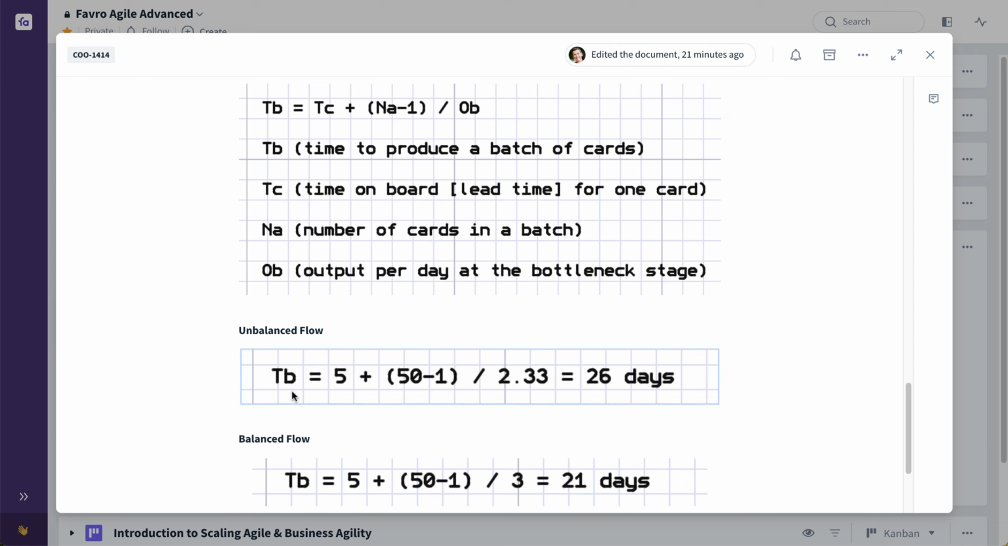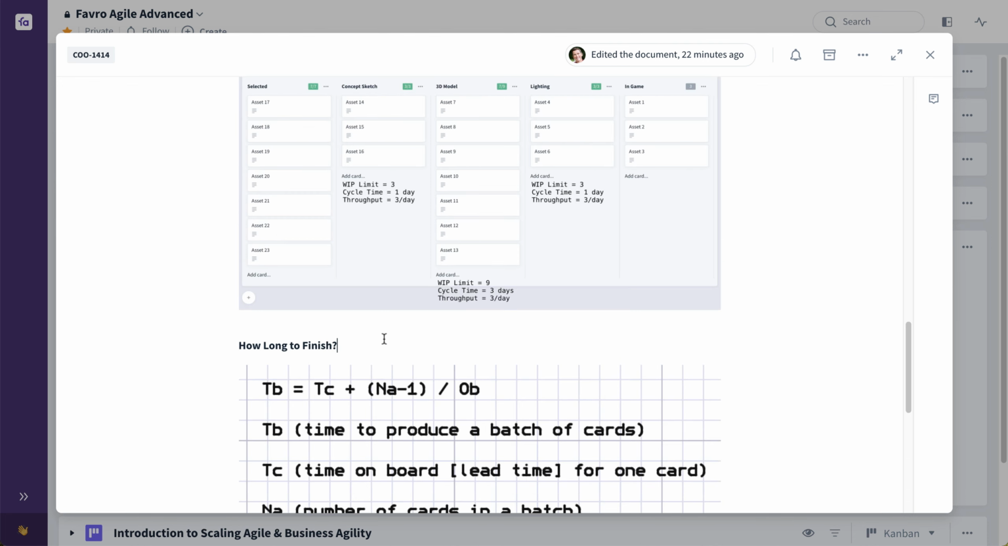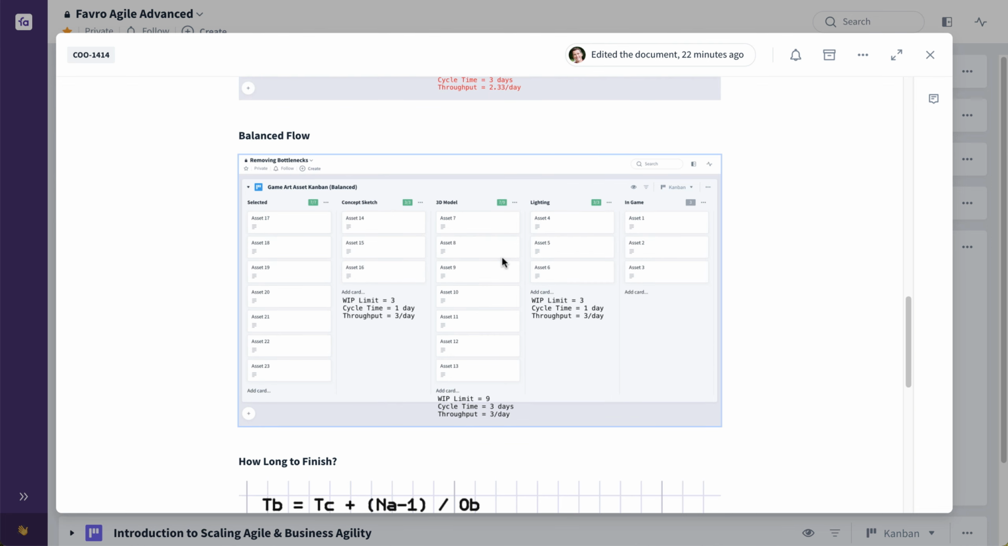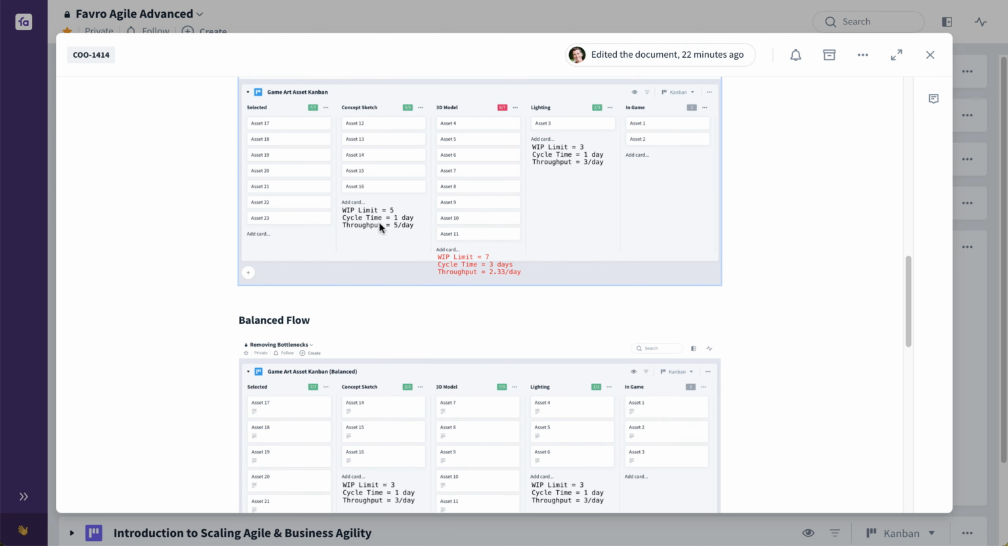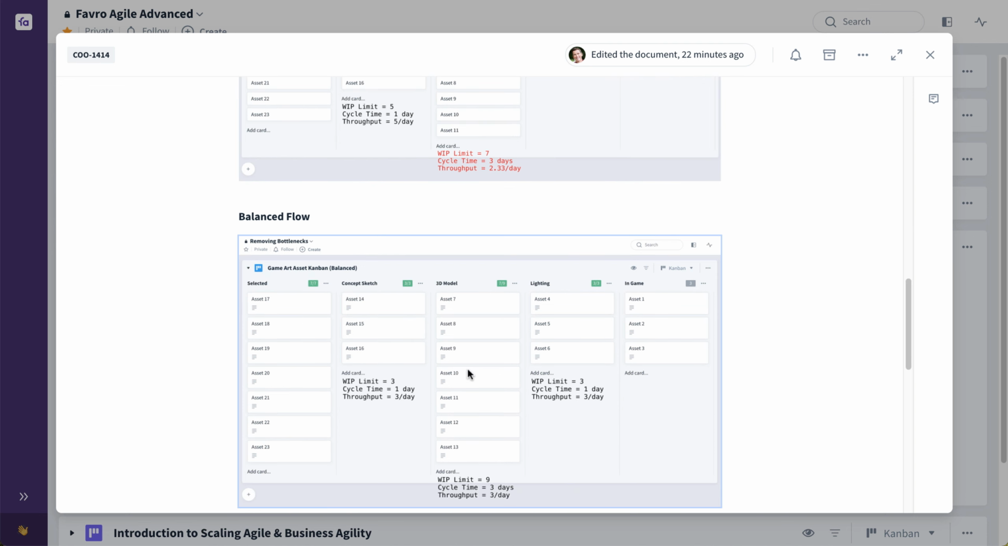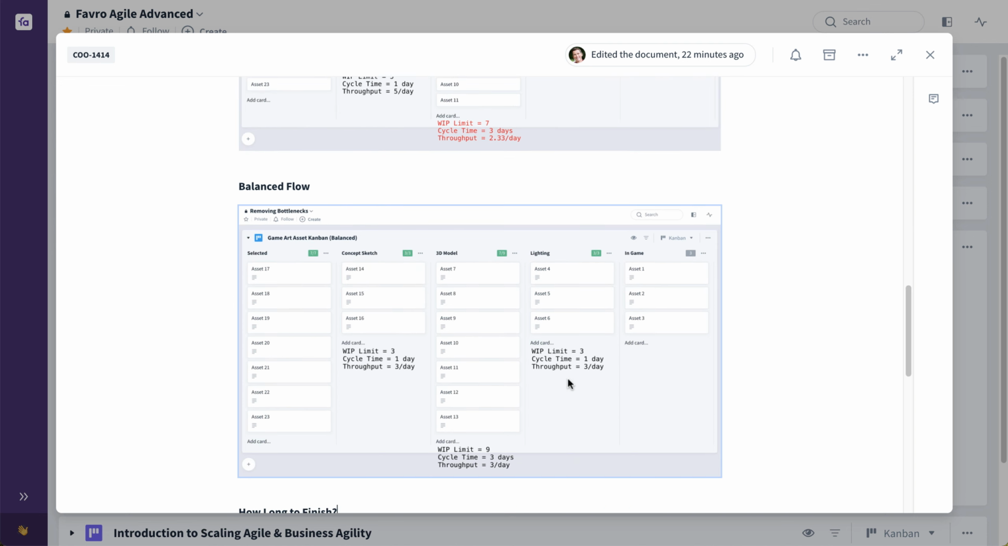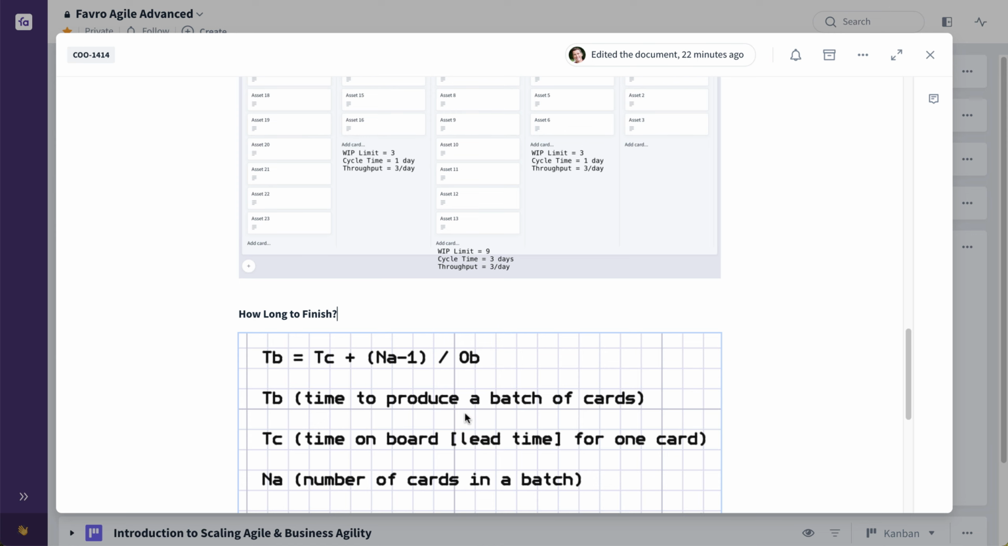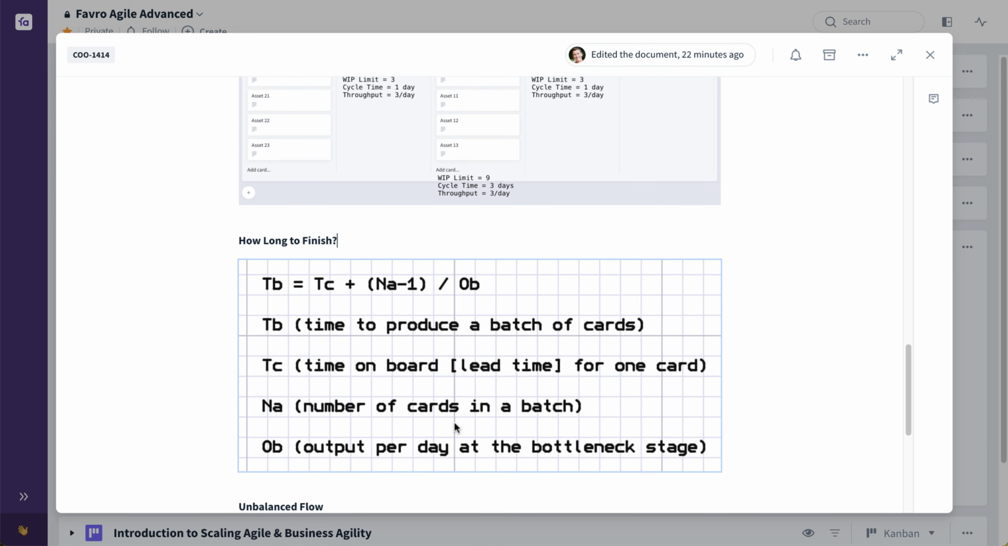The time with the unbalanced flow to produce those 50 art assets, which is the time on board, the overall lead time for one card, which is 5. And that is simply taking the aggregate of all the cycle times at each stage. So the cycle time here is 1, plus 3 here, plus 1 here. For both our balanced and unbalanced, it's the same. 1 plus 3 equals 4, plus 1 equals 5. 5 is the lead time for one card,